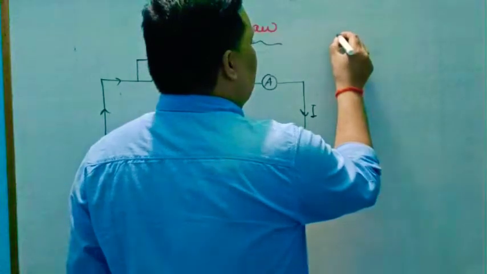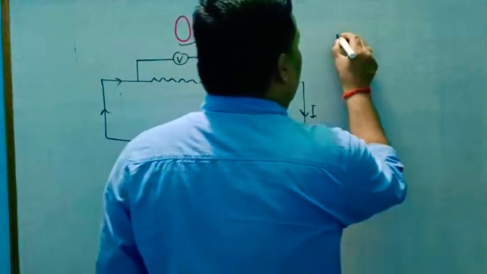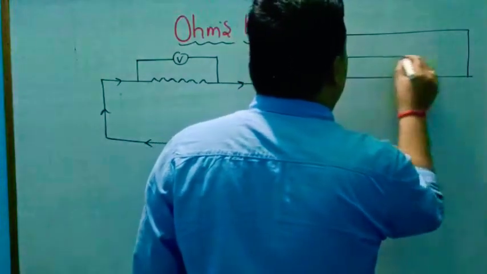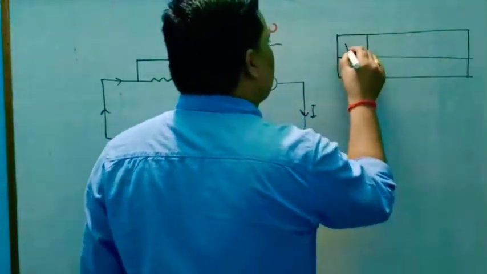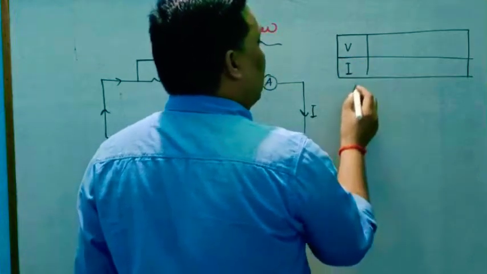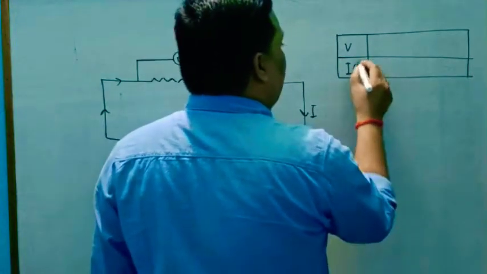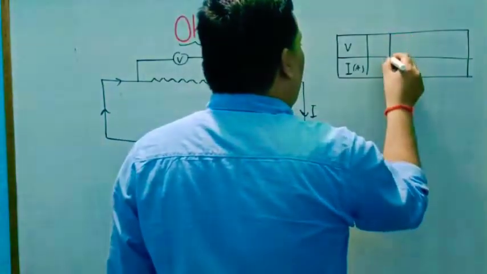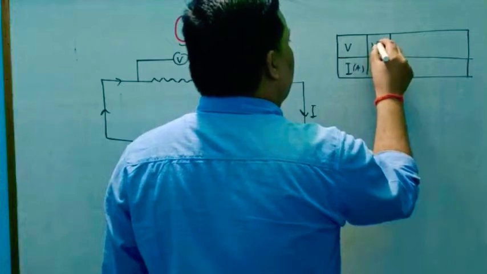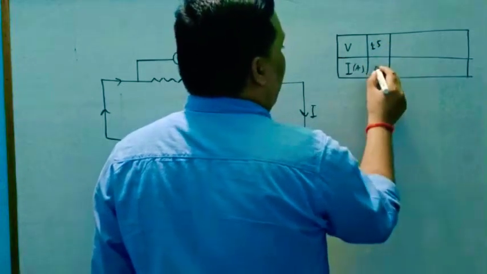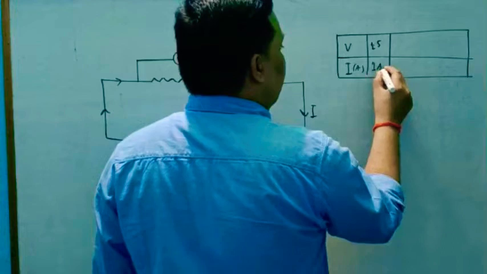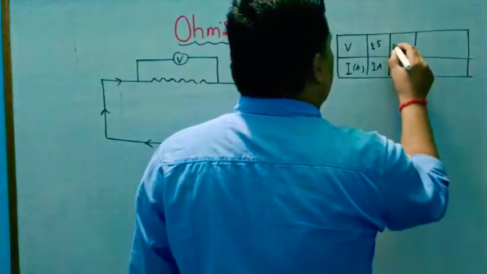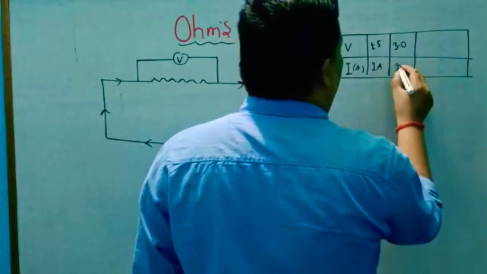He collected the data of potential difference and current flowing through the circuit. Current is in ampere and potential difference, as we all know, in volt. So when he connected one cell, say the potential difference was 1.5 volt and the current was 1 ampere. Again, when he added two cells to the circuit, the potential difference was 3 volt and the current, say, 2